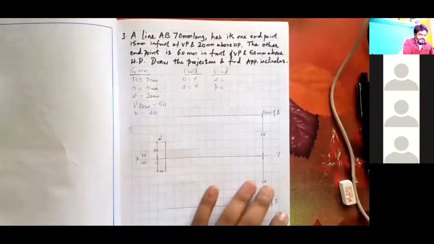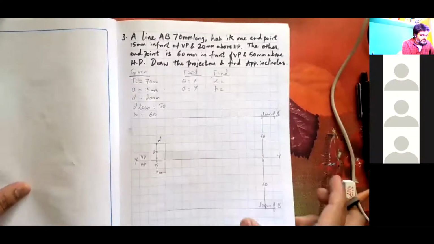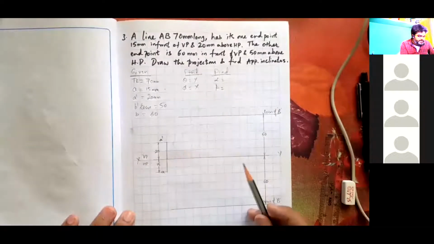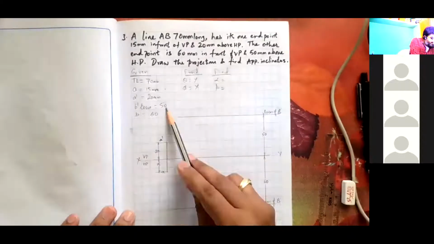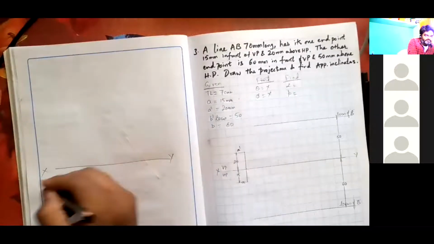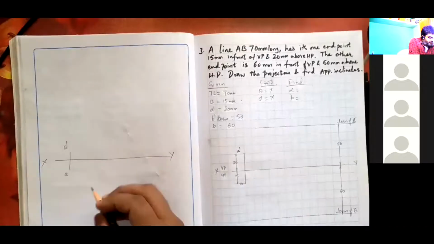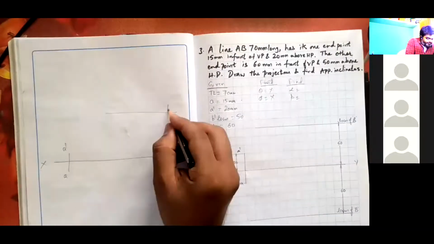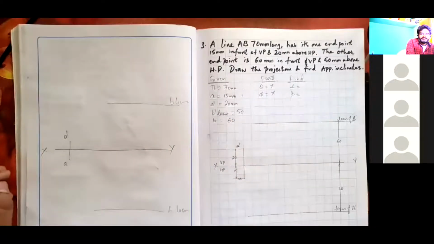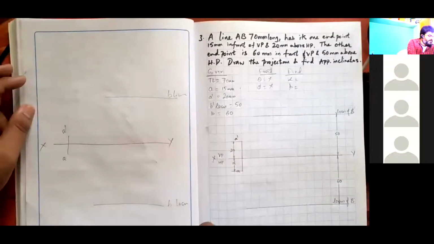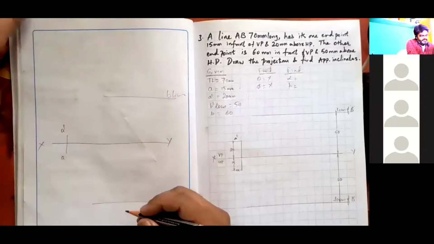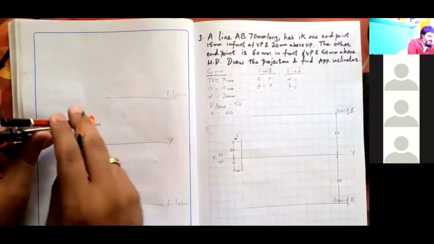So you can see, these are the conditions where all the numbers are over. 70 is the true length I have not used, and similarly 15, 20, 50, 60, everything is over. So the XY line, A dash and A I have found out, and somewhere here the B locus is there. Got it? So now the pending thing is 70 mm. Only 70 mm I have not used. Imagine I'll take a compass for 70 mm and mark it on this line. So directly I'll get A.